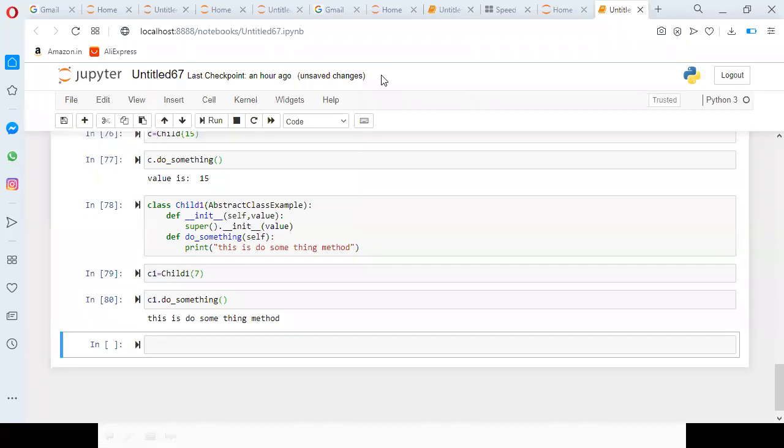The doSomething method is not built-in. It is defined by us only. Whatever method you want, you can define it. The name is not built-in either; any name you can mention. If you want to mark a method as abstract, you should use the decorator @abstractmethod, and the class should extend ABC. So you should keep that in mind.